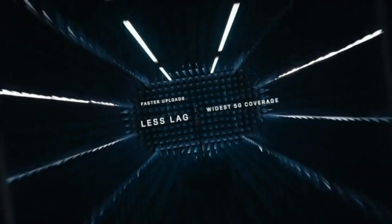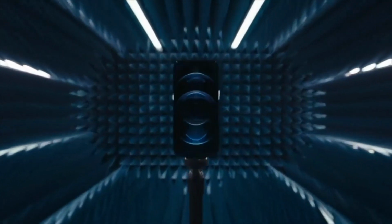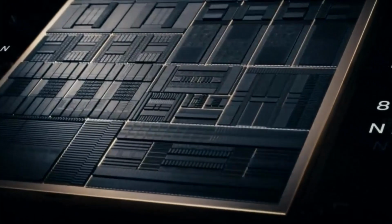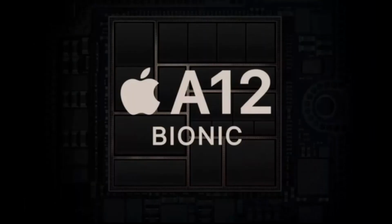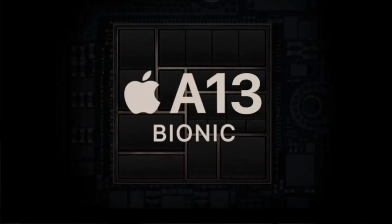Every year, Apple works hard to upgrade the chip at the center of their iPhone technology. These chips, really, they're just sort of the brain center of the iPhone. They are responsible for all of the things that the iPhone can do. For example, in the 10th generation of iPhones 2 years ago, we had the A12 Bionic chip, and that was capable of 5 trillion operations per second. Last year, in the 11th generation of iPhones, we had the A13 Bionic chip, and that was capable of 6